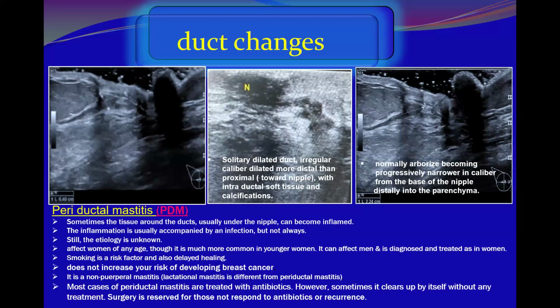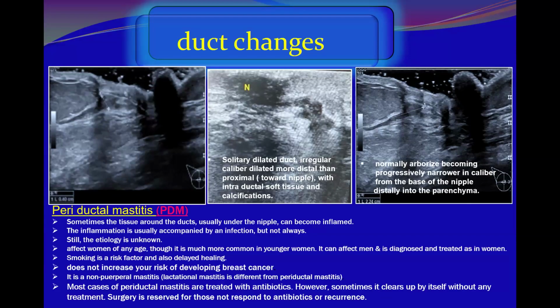It is irregular in caliber. It is dilated more distally than proximally. All these are suspicious features. With an intraductal soft tissue component, lack of anechoic fluid, foci suggestive of calcification, and significant periductal reaction. Periductal reaction can also be seen with acute inflammation, but the constellation of all findings is highly suggestive of